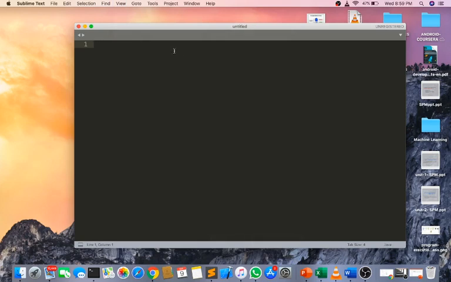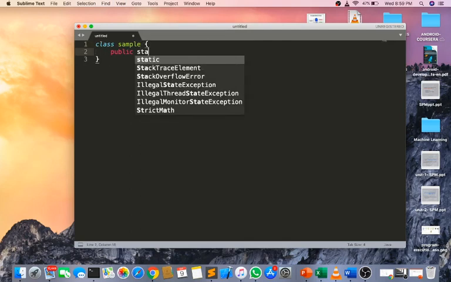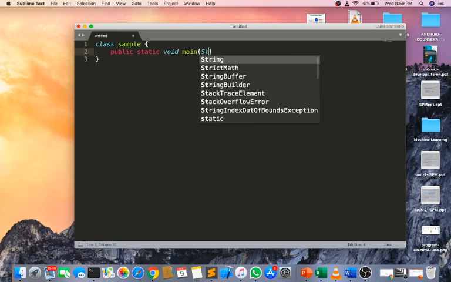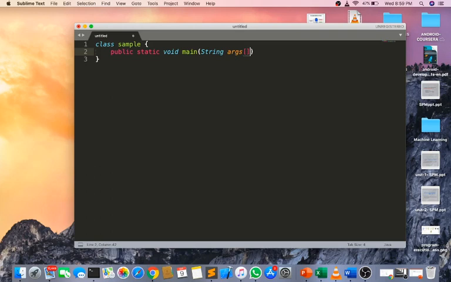Class Sample. Create the main method: public static void main String args. Inside it, we have to declare the variables using the data types. int i equal to some value, like 23546.